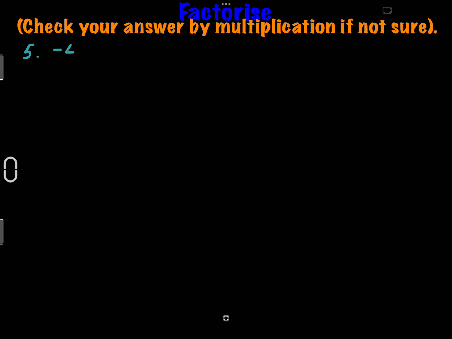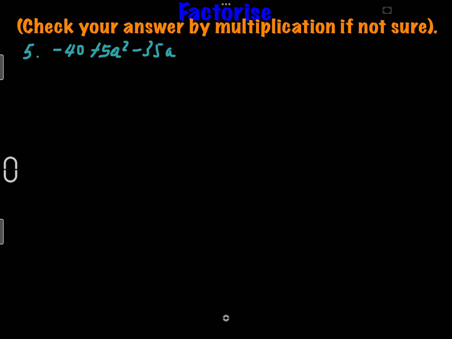We have negative 40 plus 5a squared minus 35a. Okay, first thing that we need to do by inspection is to ensure that this expression is written